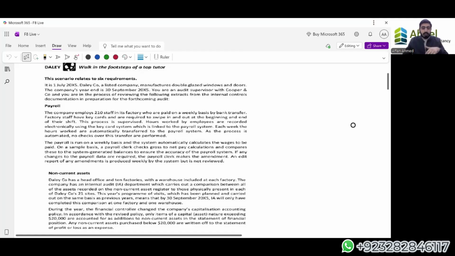Write down your answers, analyze what the points can be. You can get it checked by a teacher or even read the answer the examiner has given you and compare with it. Now, exactly the answers given in Kaplan or BPP cannot be replicated. Obviously, they are taken under circumstances where there are no time limits, no restraints, and there are multiple resources available to them. But if the answer is of 20 marks and the examiner has given 10 pointers, if you have 6 to 7 points similar to the examiner, that means you can get a good grade.